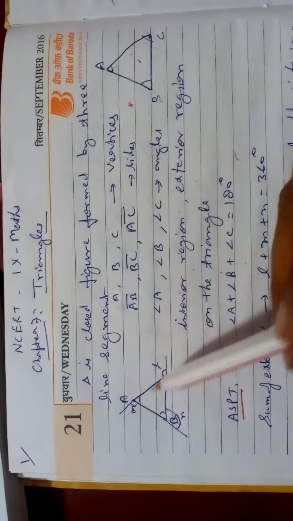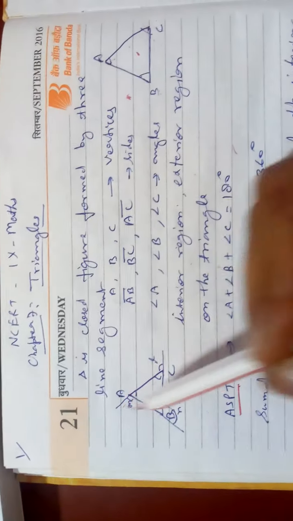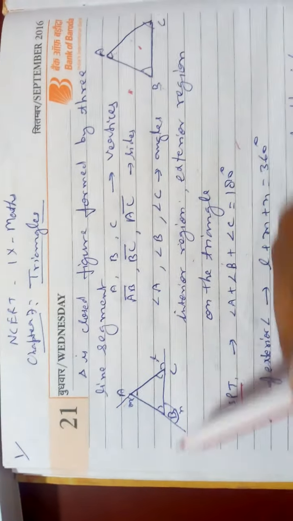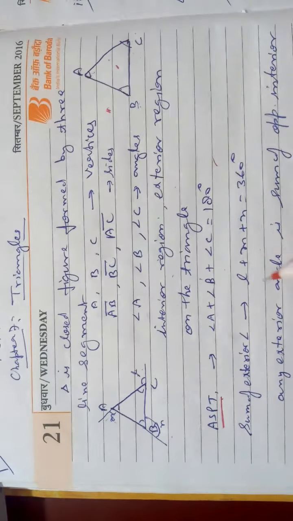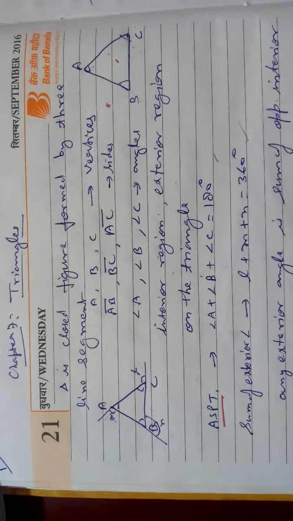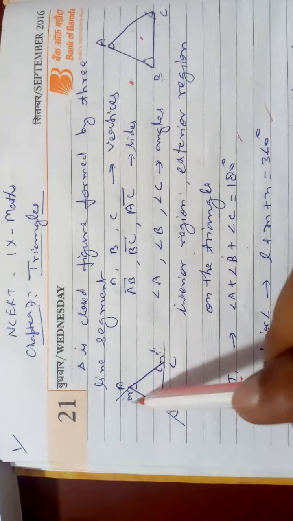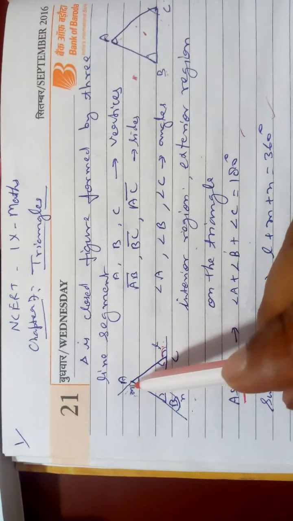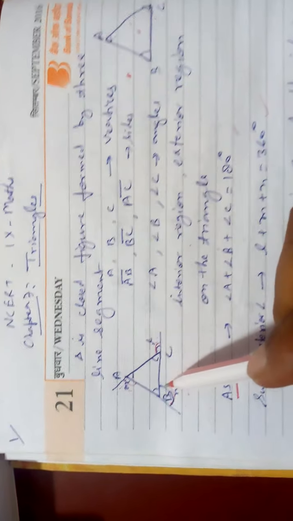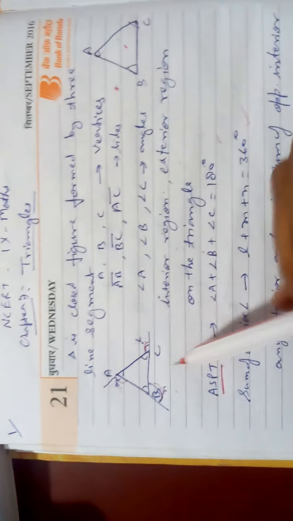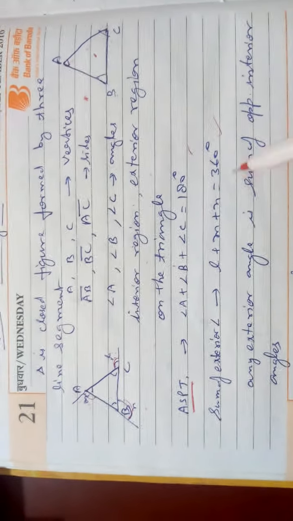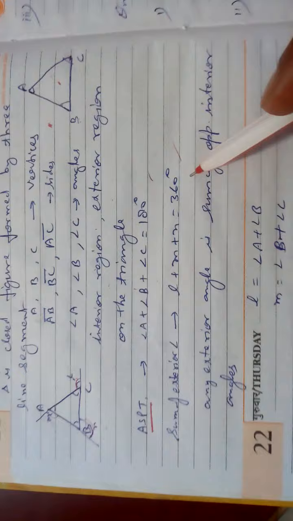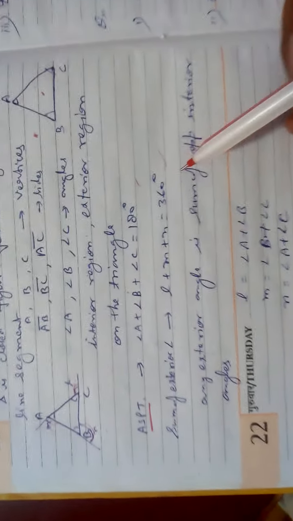Exterior angle sum of a triangle: when you produce the sides in a clockwise or anti-clockwise direction, we get three exterior angles, and the sum of these three angles is always 360 degrees. Take triangle LMN: you extend one side, and take any one side. The two angles on a straight line make two right angles, two straight angles.